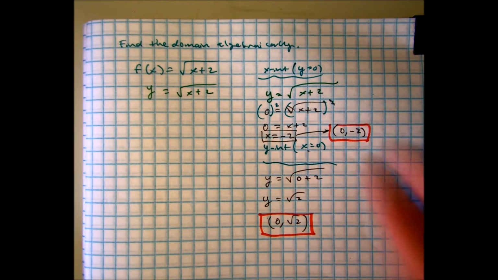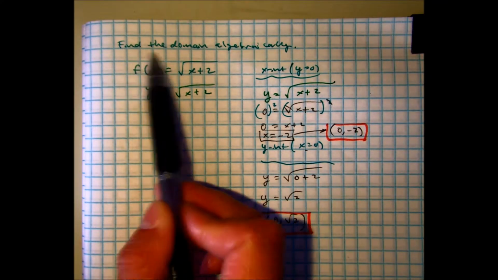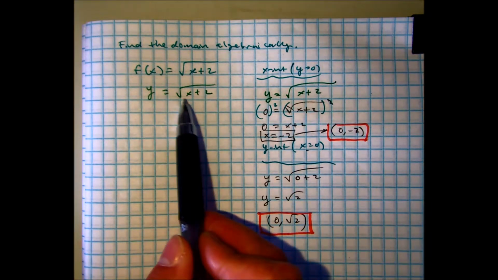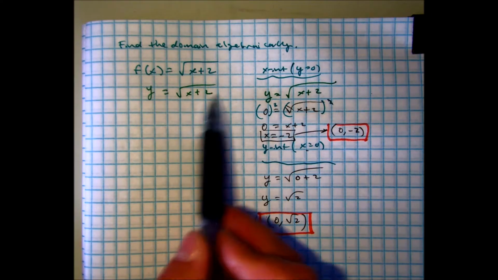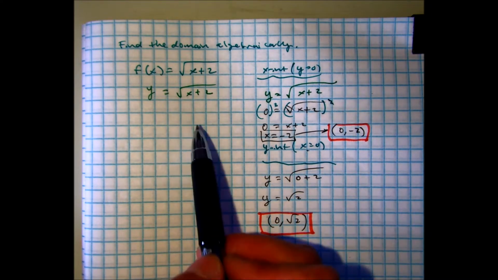So that's a review of what we've done. That'll help us graph it by hand. The next thing I want to do is find the domain algebraically. Remember, we talked about how if I think about x values, if I put a negative value here, that's okay, but I eventually do not want to take a square root of a negative number, because the square root of a negative number is